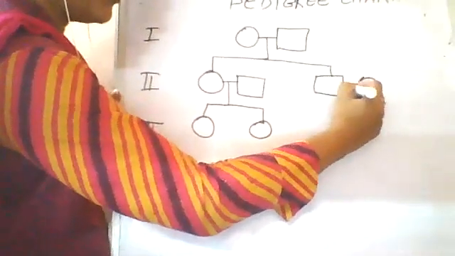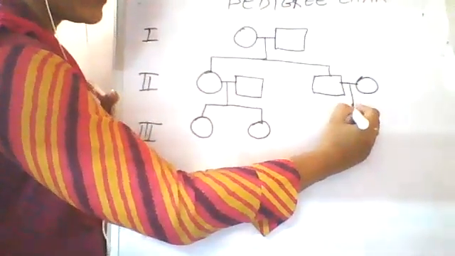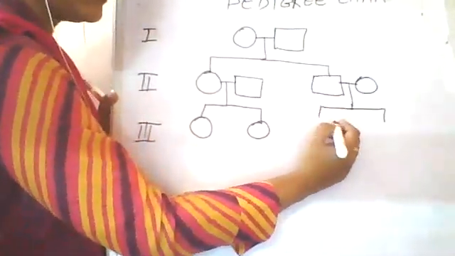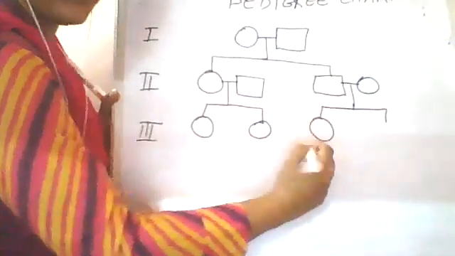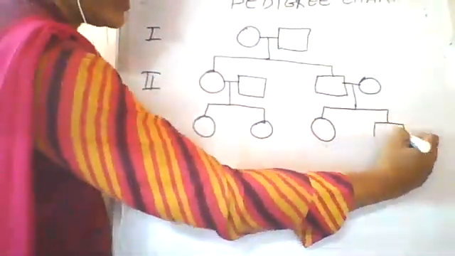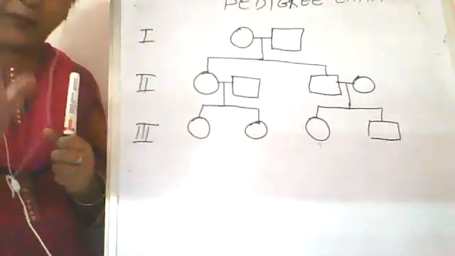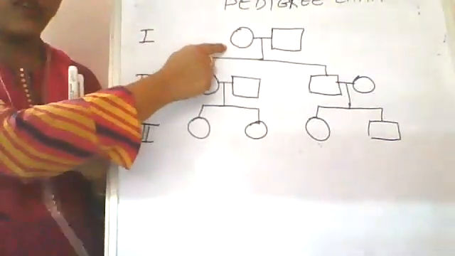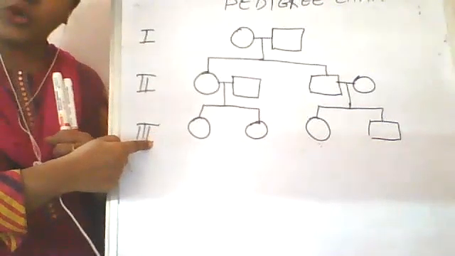Okay. And your father married your mother. How many siblings are you? 2 siblings. One male and one female. Who's elder? Me, the female. Elder. So that means female comes first and the male comes second. Okay, so now you understand how to create a pedigree chart. This is how you have created a pedigree chart for your family, starting with the first generation, your grandfather, then your father's generation, and then your generation.